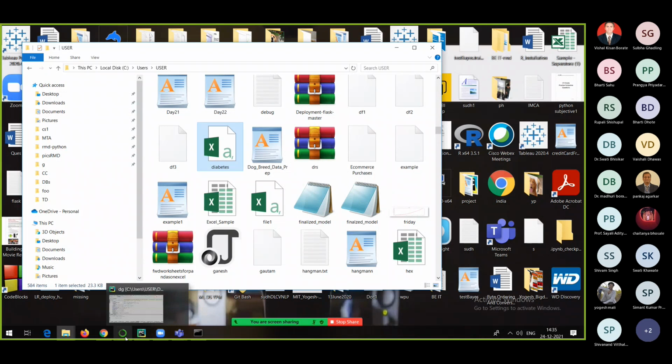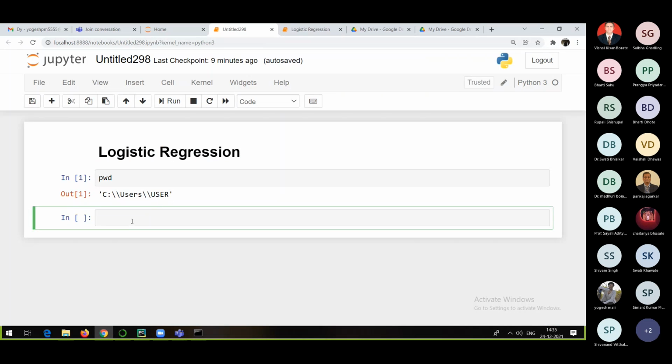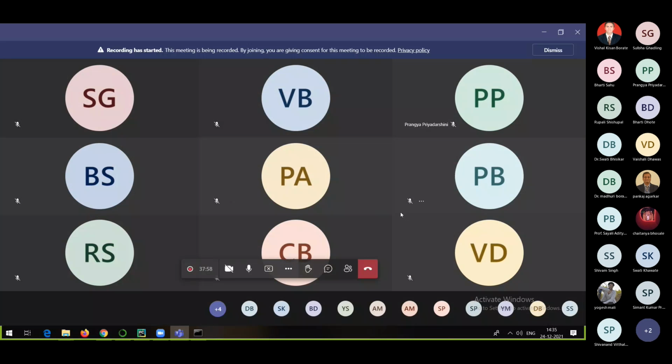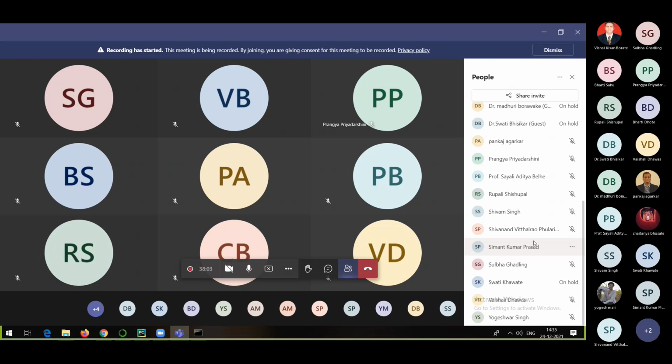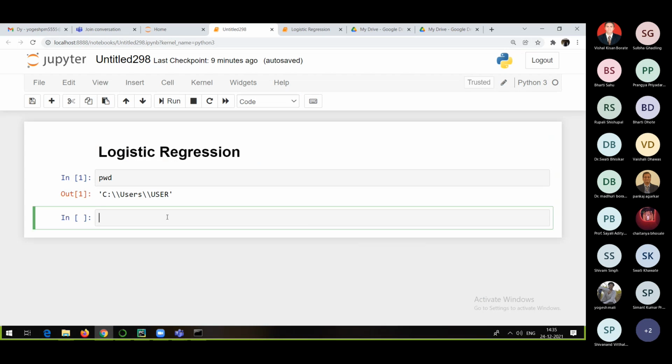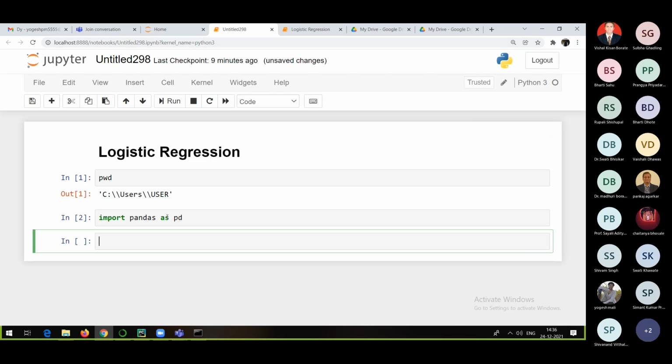Okay. Now moving to this notebook, I will do the necessary imports, whatever imports are needed. In between, everyone, if you have read it as well, please let me know. So see, everyone, I will import the pandas package. I need the pandas package because I want to import that particular data set. So import pandas as pd. Yes, it is imported, fine.